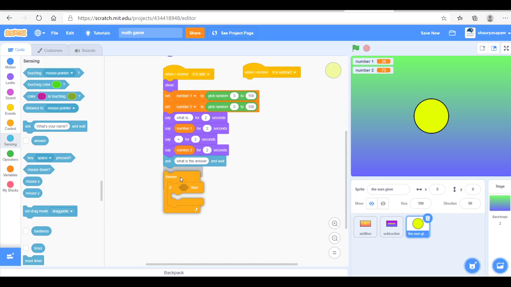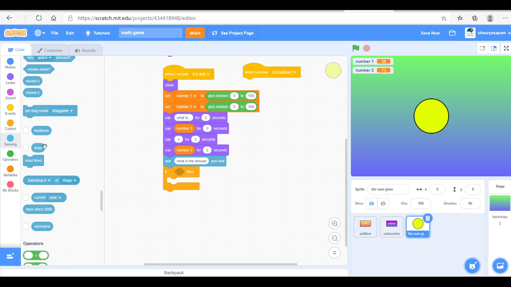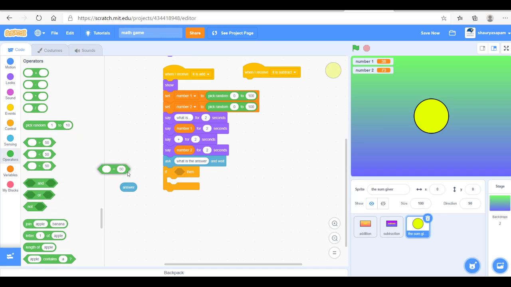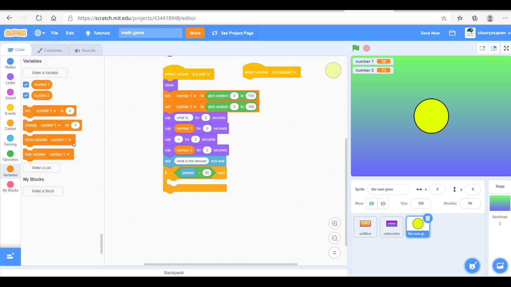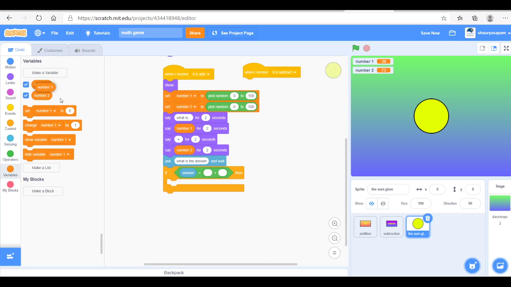Now for if then, if then answer equals to the sum of number 1 and number 2. Answer equals to the sum, so the sum of number 1 and number 2,